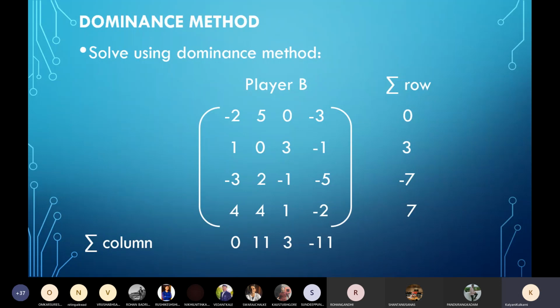First, you have to check whether a saddle point exists. Okay, you will do that; I have not done it here. So that step, you just note down: check for the max-min, min-max condition. Just write it there, all of you. First write the given 4 by 4 matrix and then apply the check. Check for row minima, column maxima, check for max-min, min-max condition, check if a saddle point exists.